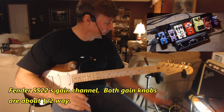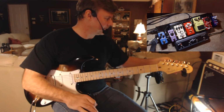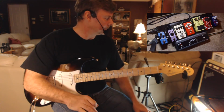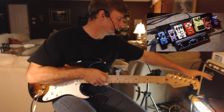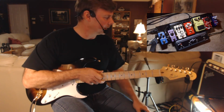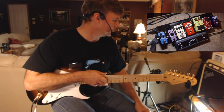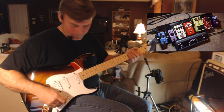So, I mean, you can set the EQ a million different ways in the gain channel. I have the overdrive gain 1 and gain 2 a little bit more than halfway. I've got the treble rolled way back because the drive channel is really bright. If you put the treble in the middle, only about a quarter of the way, that's the way to go, and crank the bass all the way up. The volume's on 4. Volume's on about 3 on the clean channel with the pedals. And I've had the reverb off this whole time, but it does